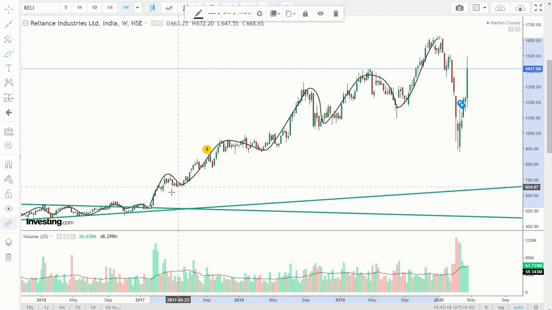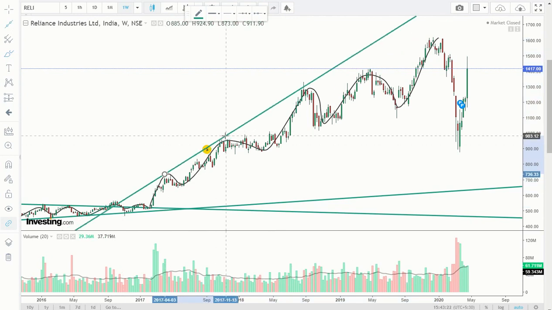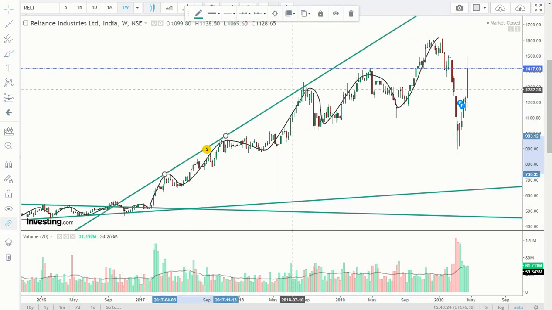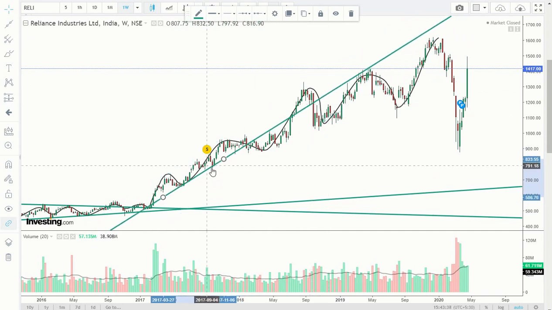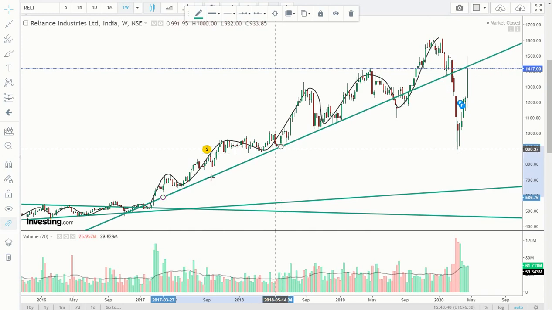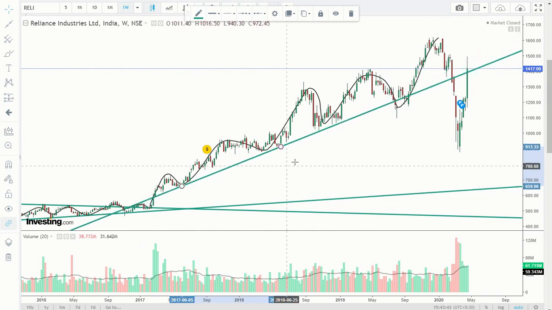Now what you do is, when it's in an uptrend, you join the lowermost points. Many people ask me, if I join the topmost points, it will not give you much value. See, here it came here and started going down, but then here it didn't come, here it didn't come. So it is okay to draw this also, but it doesn't give you a lot of inputs. The best way is to draw on the lower points. So this was the lower point that was made, and this was the lower point that was made. So I joined these two. I get a trend line here.